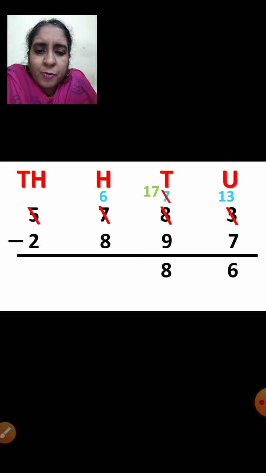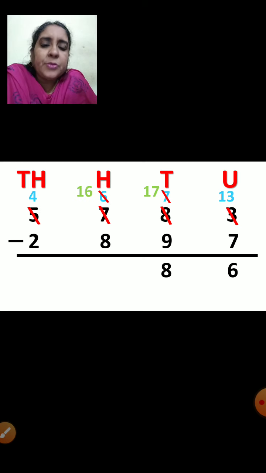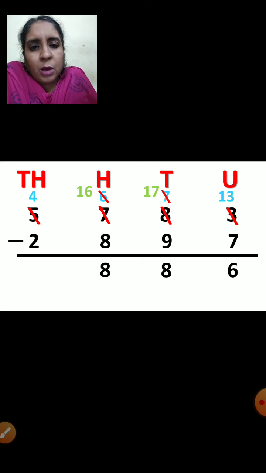Now you will go to thousands place. You will cut 5. You will take 5 minus 1. So what will be left in thousands place now? 4. And the 1000 you will take to hundreds place. So you will cut 6 and you can write what? Yes, 16. Now 16 minus 8. Count how much will come. Find the answer, children. Yes. You will get 8. Very good.